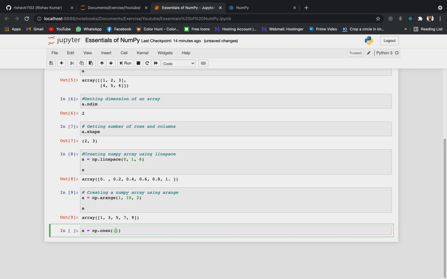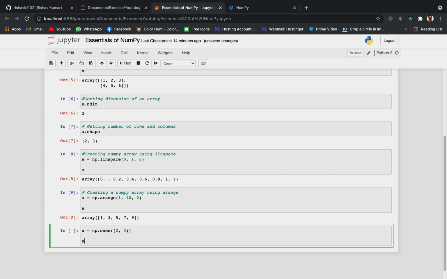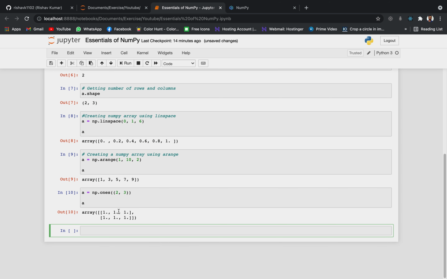The tuple needs to have 2 values as in the row value and the column value. Okay, so suppose I want a matrix of 2 cross 3, that is 2 rows and 3 columns, so I will give 2 comma 3 then print a, and over here you can see we got the output as a matrix with 2 rows and 3 columns and all the values are 1.